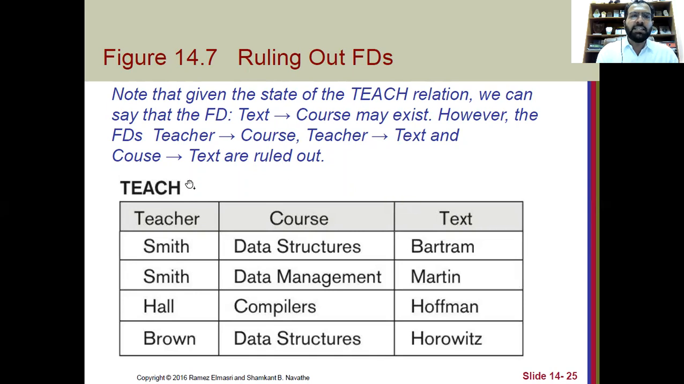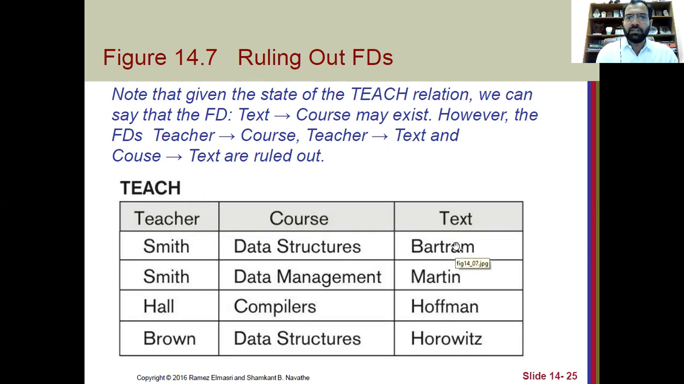So let's see this table Teach, and there are three attributes: teacher, course, and text. Now apply that definition of functional dependency and see which of the dependencies exist. For example, text implies course, or text determines course. Let's check it. Text determines course. So this is the value of text, and here you can see yes, this is true, because every value in the text column is different and they determine different courses. So that FD holds over here